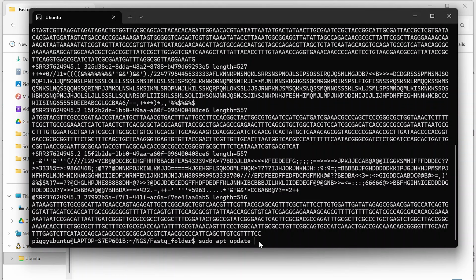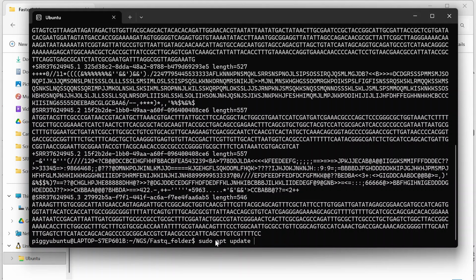We have to install FastQC. We have to install a software. So that requires a special type of permission. That is why this sudo command temporarily gives us full control as an administrator, because some actions are restricted for safety, like installing softwares or modifying system files, or if we want to update the system. So these actions are restricted, and that is why we want the admin controls. So that is where we use the sudo command.